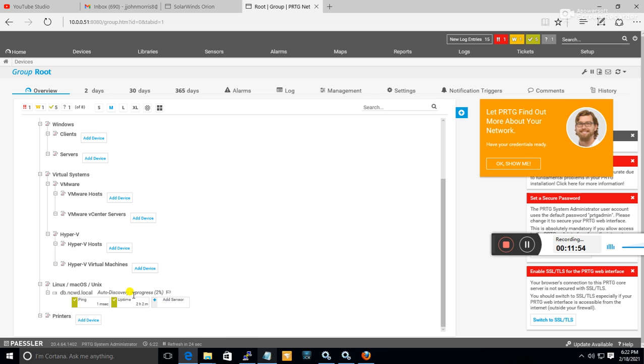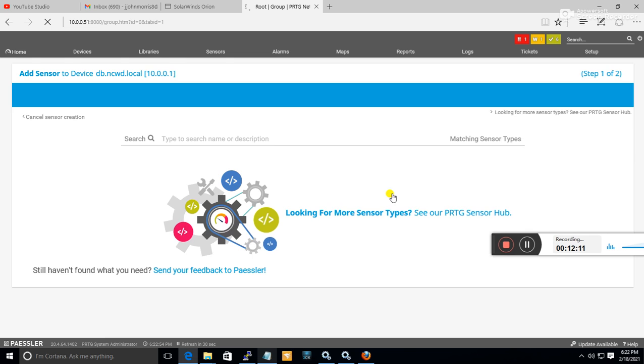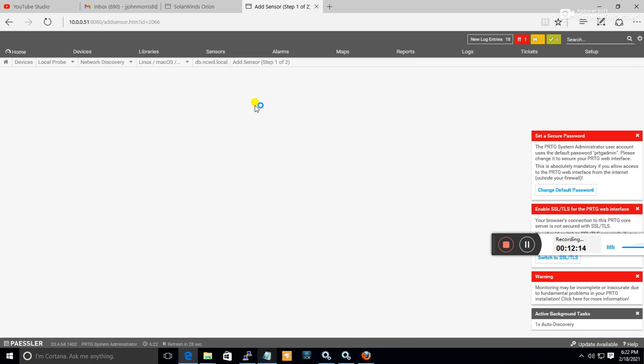So you can see this is how you keep building up until it gets to 100%. Now uptime is the maximum amount of time the system has been up. The availability of the system is indicated by ping. So I can add my sensors. While this is going on, I just want to quickly add a sensor. So I'll click on add sensor, and